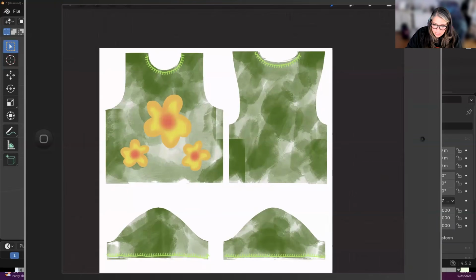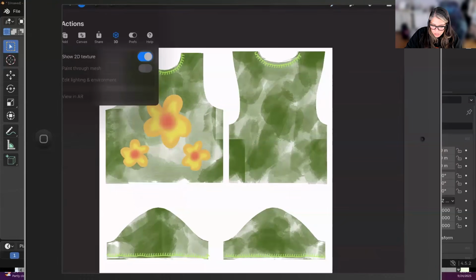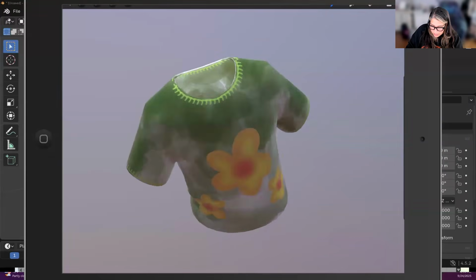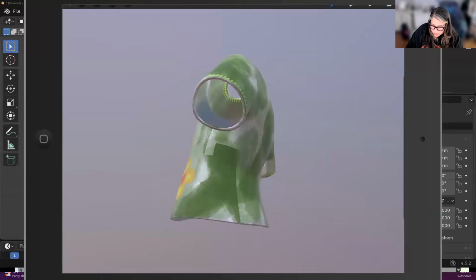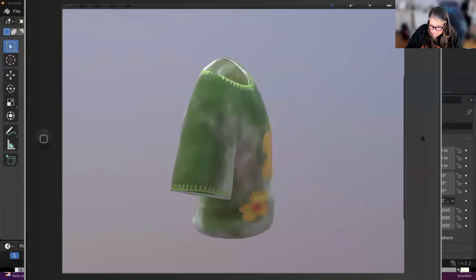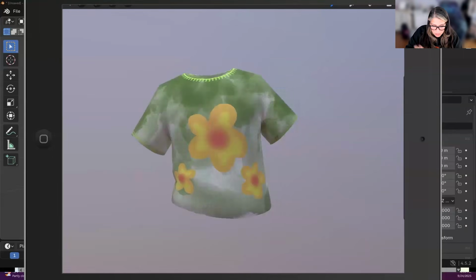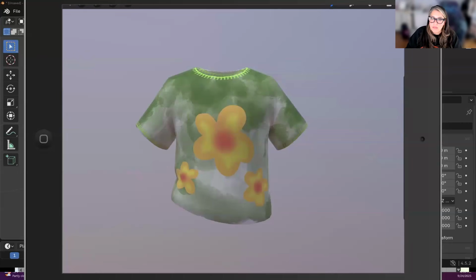All right, so let's see this item in 3D form. So I'm going to click on this wrench, turn off this 2D texture, and now I see my item in its true form, which is really, really neat. Alrighty, cool. And so now that I'm super duper happy with what I've made,